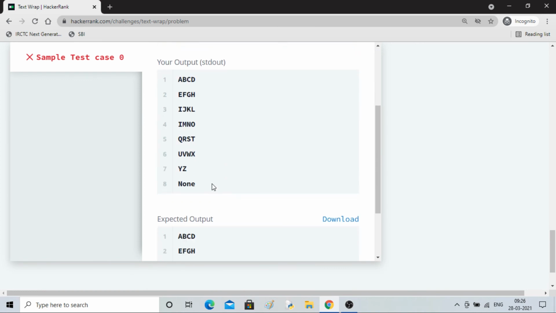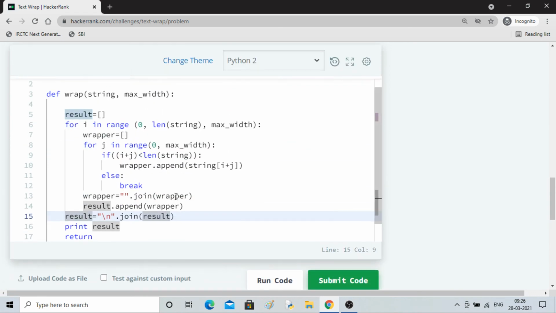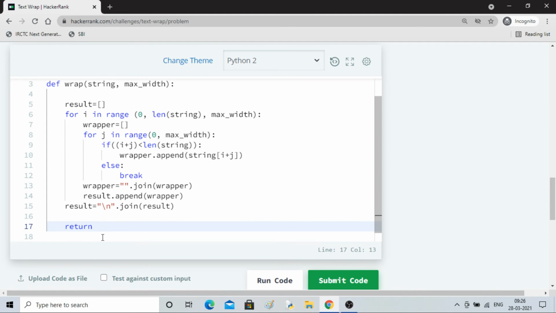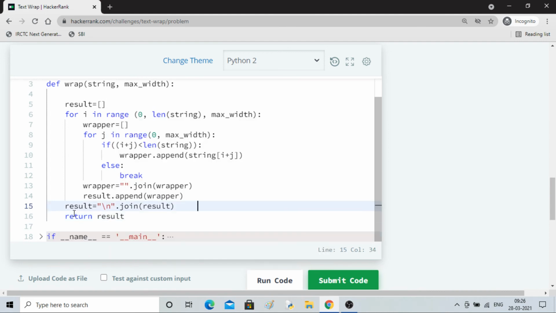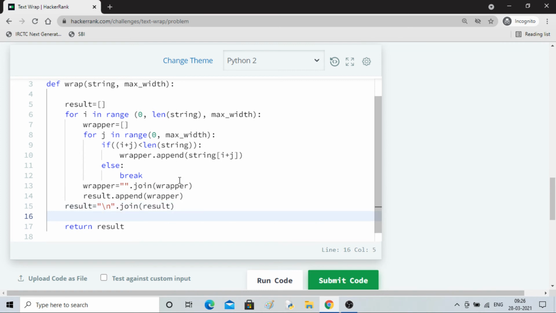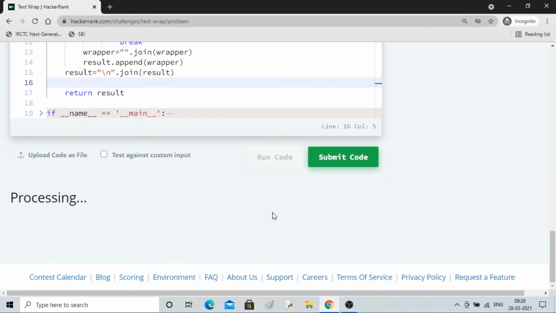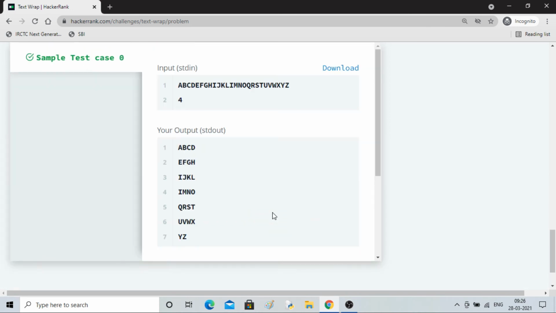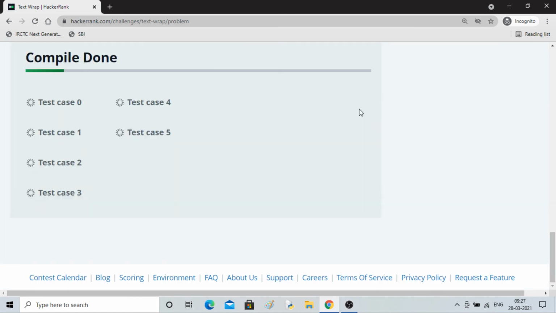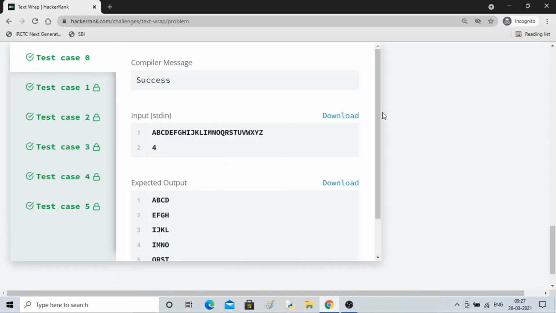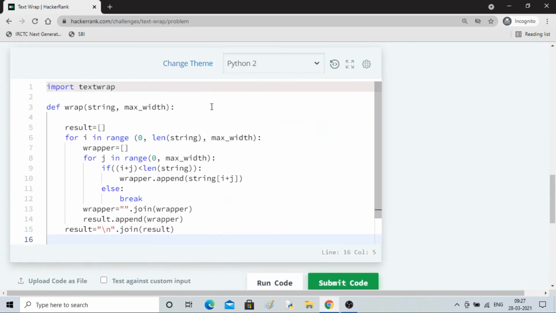Now we are getting the same answer, but the only problem is we have to remove none. So instead of printing result here, I'll return result, because everything has to be in one array. So this is how the answer should be done. I think it should be done now. Yes, we are getting the sample test case, and if I submit it, yes, we are able to pass all the test cases.